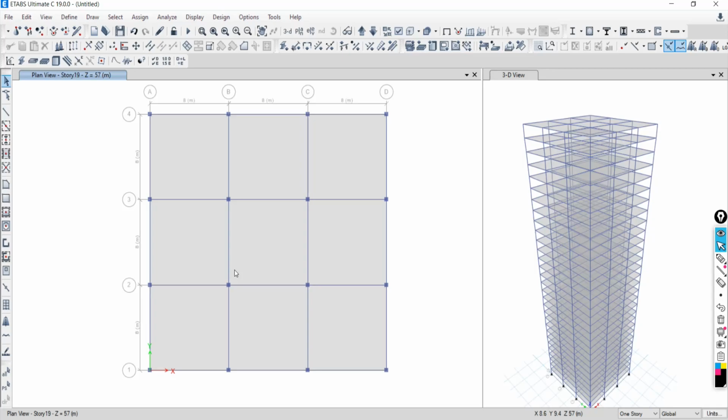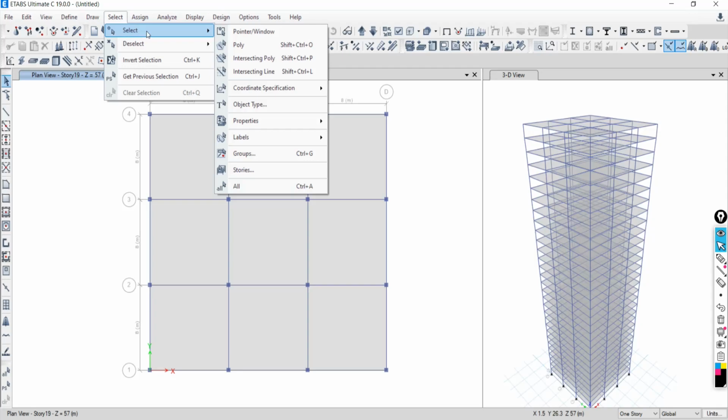Now next, when you want to select all the things, I want to select only the slab, the complete slab from top to bottom. How can I select? If you want to select the complete slab of your building, one slab, second slab, third slab, like that, these are all separate slabs. I want to select all the slabs of all the floors. So how to do this? Go to select. Many options are there. So first go to select.